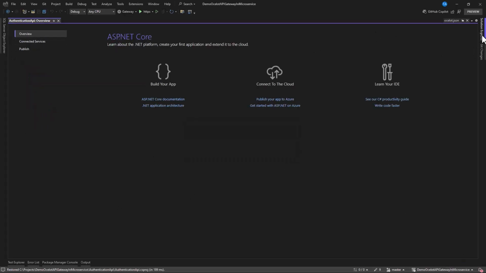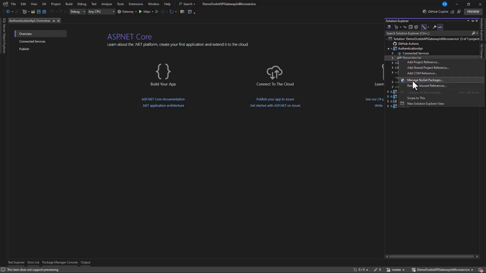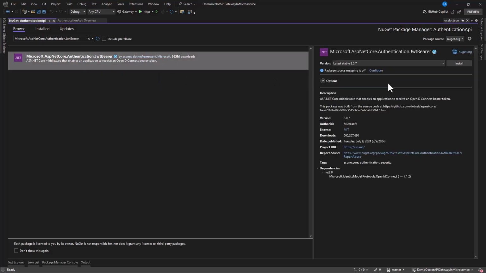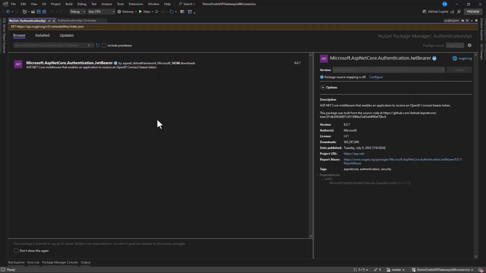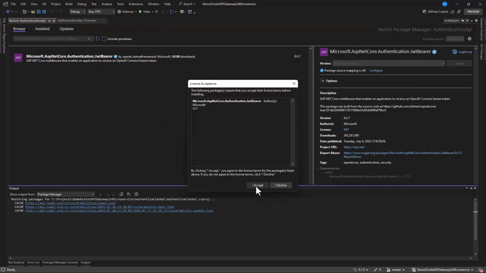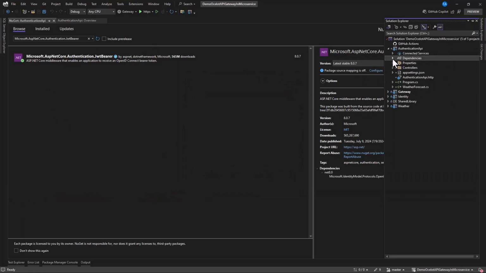After we have this project created and added, you can see we have it in here, authentication API. Right click on dependencies and let's install a NuGet package, which will be useful in the authentication creation. So let's have Microsoft.AspNetCore.Authentication.JwtBearer, and make sure you install this package to the project. Now that this has been installed successfully, you can cross-check from dependencies, packages, and you see it over here.